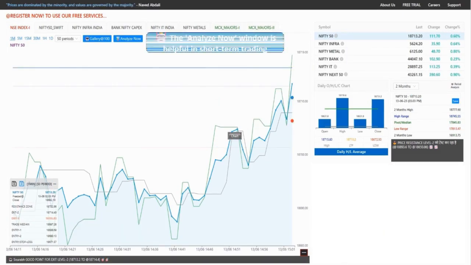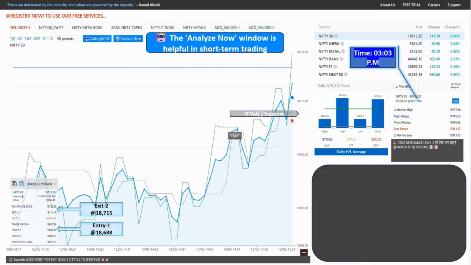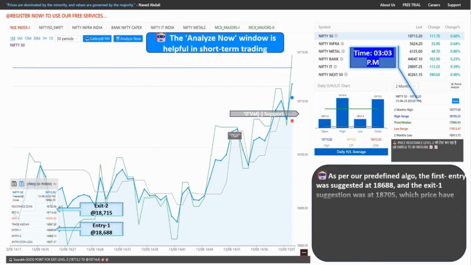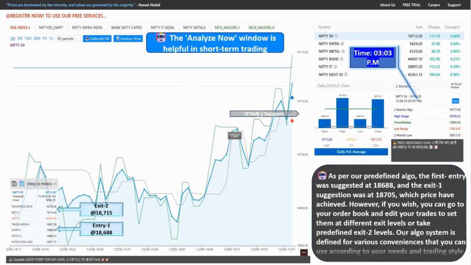The Analyze Now window is helpful in short-term trading. As per our predefined algo, the first entry was suggested at 18,688, and the exit one suggestion was at 18,705, which price has achieved. However, if you wish, you can go to your order book and edit your trades to set them at different exit levels or take predefined exit to